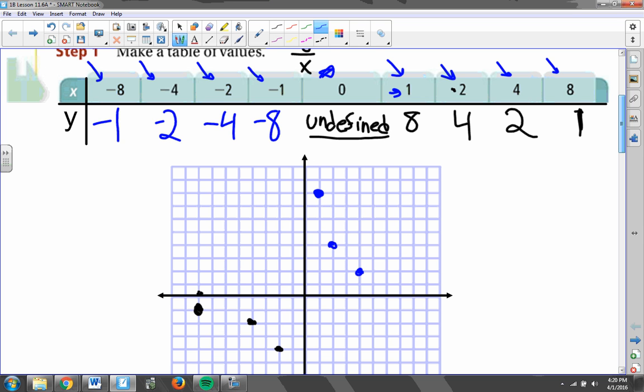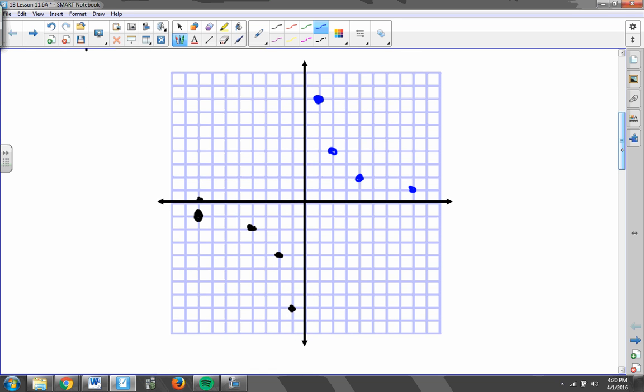And if I go over 8, I only need to be up 1 in the x right there. So I've graphed all these points, and it sort of looks like the graphs don't really like each other. They want to be as far away from each other as possible. They want to head in opposite directions. These two pieces, the blue that's in the positive and the black that's in the negative, will never cross. They do not cross. There are two separate pieces of this